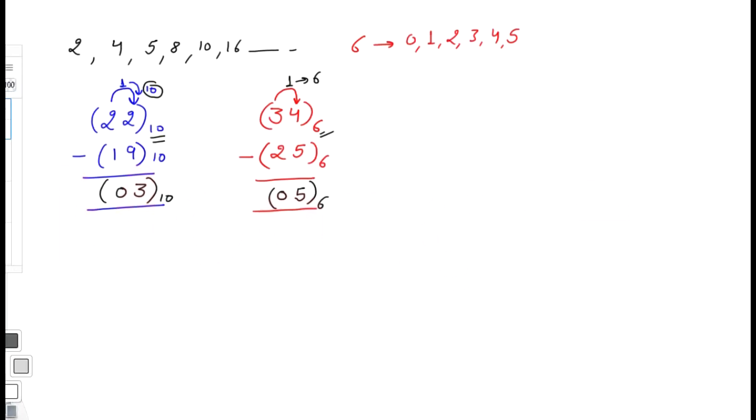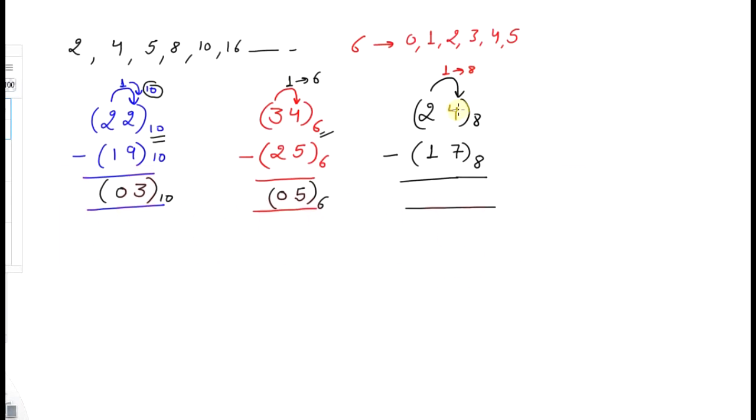Let us take another example, an octal number. Suppose an octal number is 24. Subtract from this the number 17. Let us do the subtraction like this. 4 minus 7 is not possible. You take a borrow from here. When you take a borrow in this case, how much does it become? One borrow is equivalent to 8. 8 plus 4 is